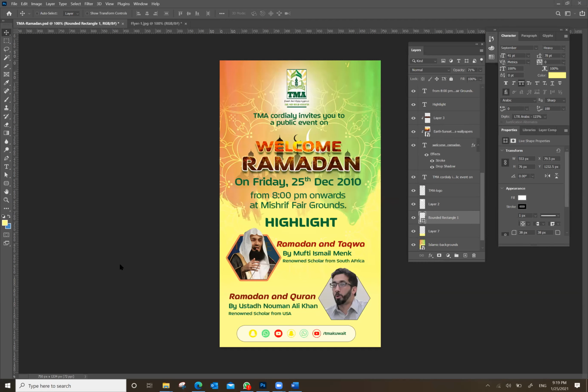For the homework, can we make a few changes, like stroke color or text color? Yes, whichever, as long as it looks beautiful, no problem. You are free to change the colors and font as long as it looks appealing and beautiful. It's fine. But for the background, you have to use only this one. I want to see how you recreate it with the help of watching the video, and later you are free to use whatever background you want.